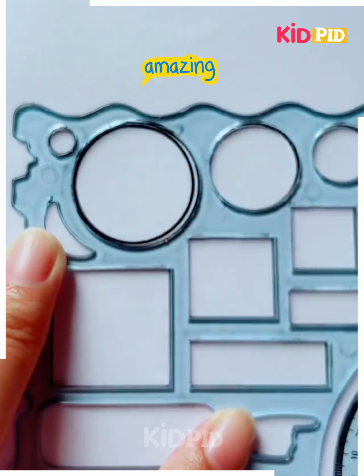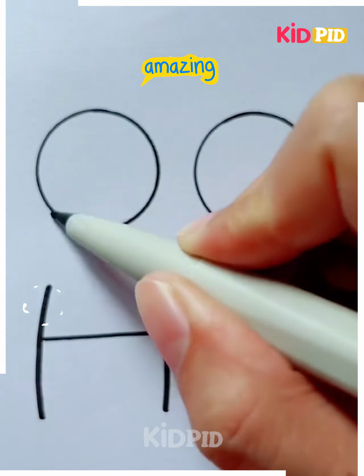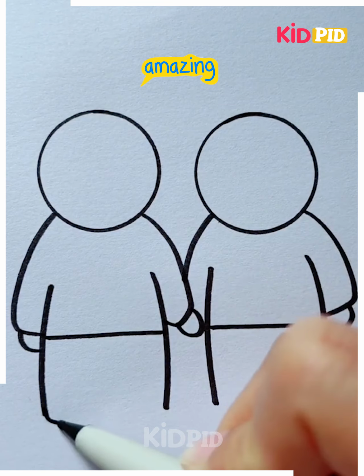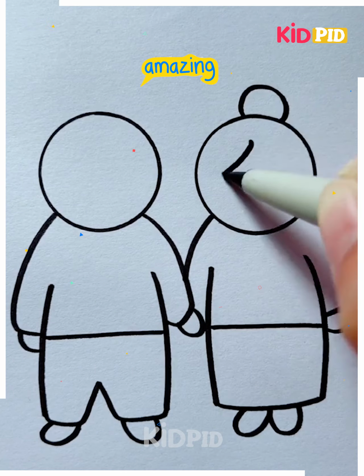We will now move further towards our another activity. For this one, we will require the scale as a stencil and make some of the circles out of it. Lower to which we are going to trace down the alphabet H, and after that we are going to join it with some of the lines. These are going to represent the bodies of these two humans that are just holding their hands one after the another,